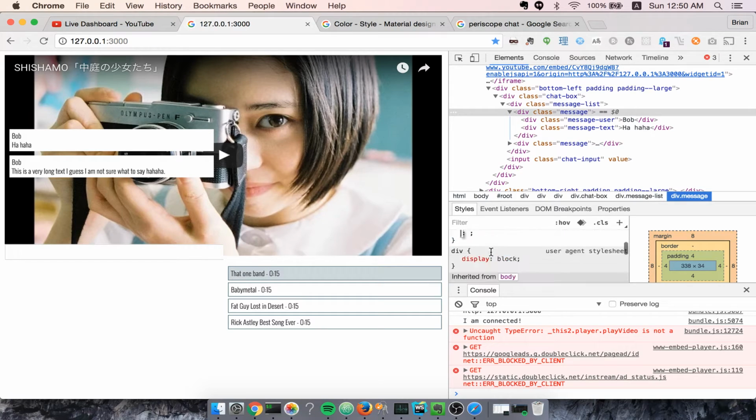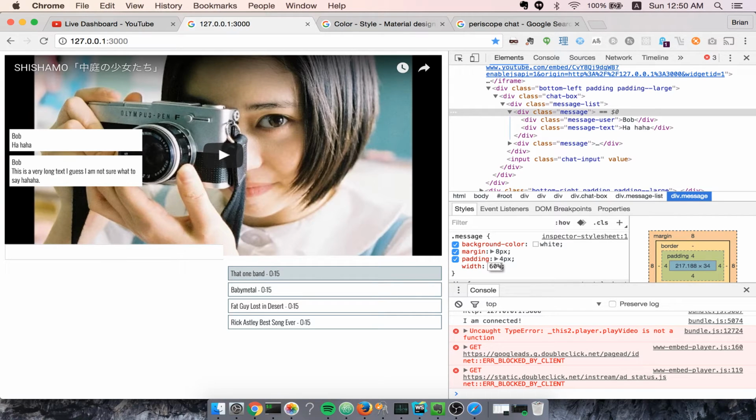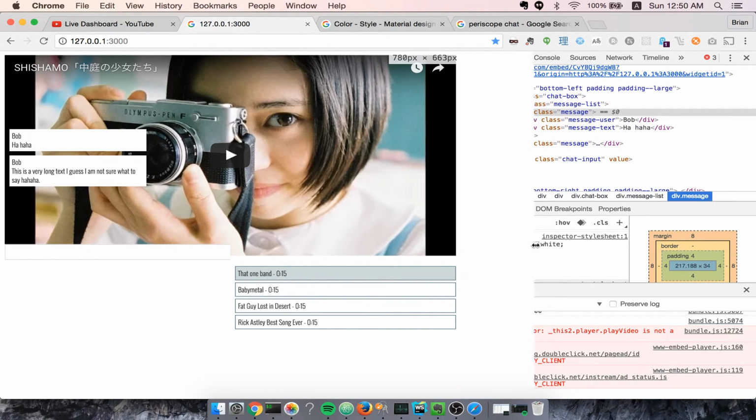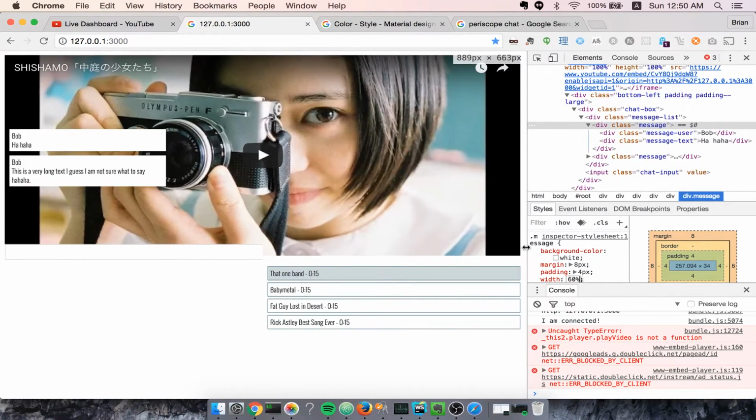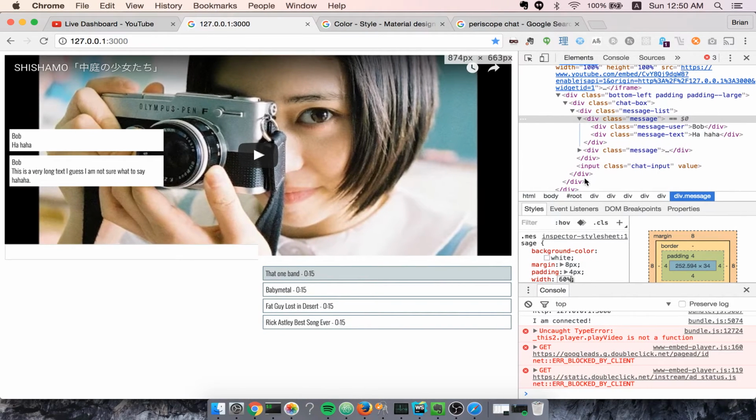And then the width, we should definitely do something about the width. Can we say like 60%? It's a bit too small, I think, but we can always imagine if the video was bigger. Then that would definitely, anyway,